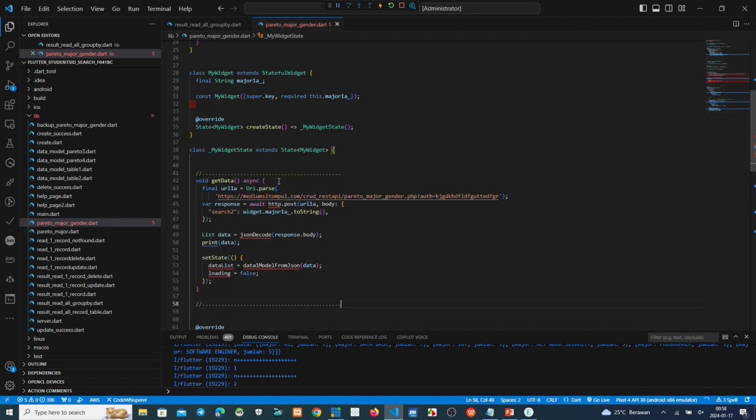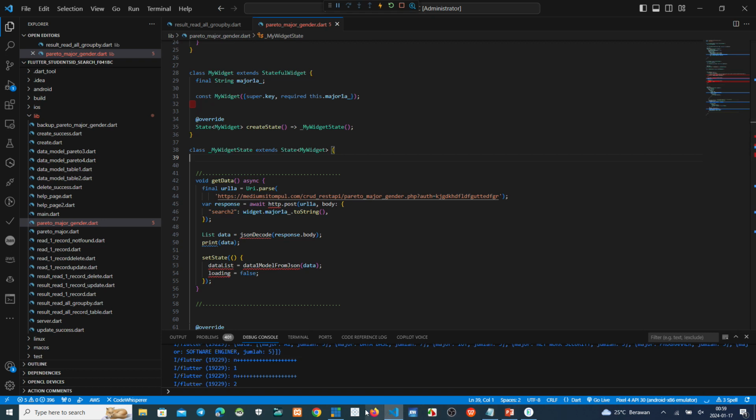Okay, we must make this script clean. We don't need to have error like this because we use HTTP from the package Flutter.